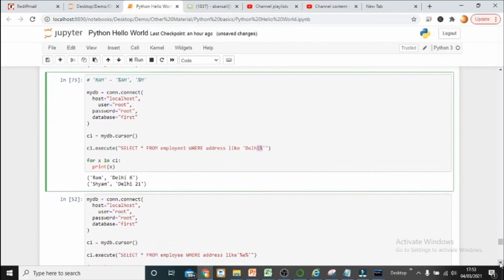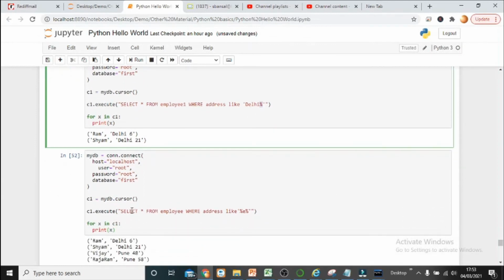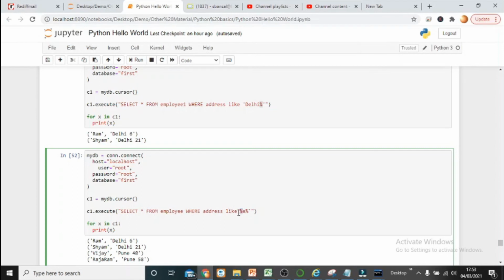Similarly, this is the wildcard where we are checking any entry which is starting with something, but if you want any entry which is ending with something, or any characters which come in between, then you can again use the wildcard on both sides. So here you can see SELECT * FROM employee where address is LIKE, and we are checking for anything before E and anything after E, both should come. That means those entries in the address where we can see E at any place should come up.